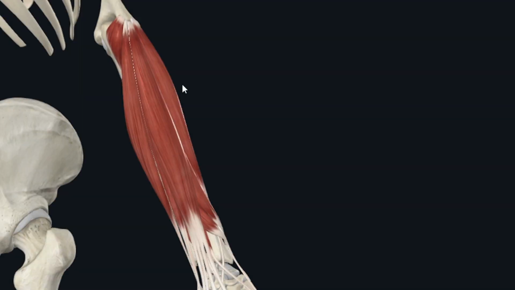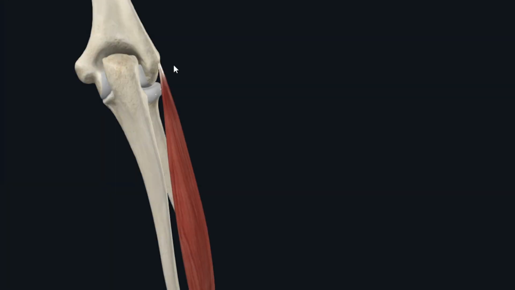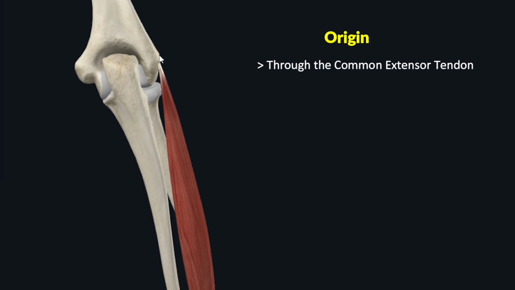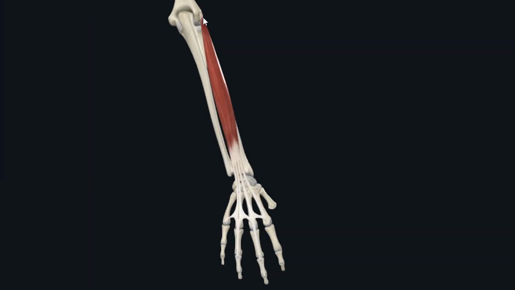Now moving medially towards the second muscle of superficial layer, which is the extensor digitorum muscle. So we already know about the origin of this muscle, and that is through the common extensor tendon from the lateral epicondyle of the humerus. And after origin, this muscle forms this bulky muscle belly which runs down over the posterior aspect of forearm, and at the distal forearm, this muscle belly forms these 4 muscle tendons,